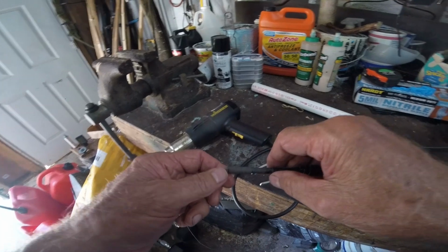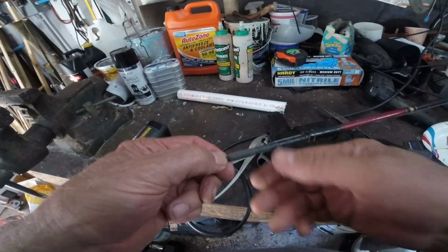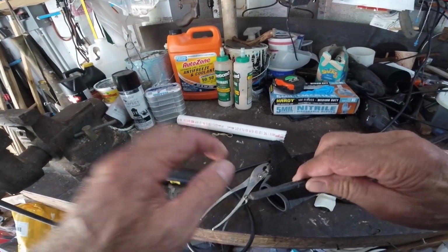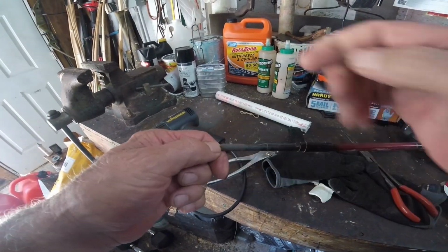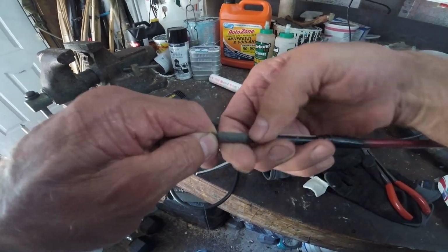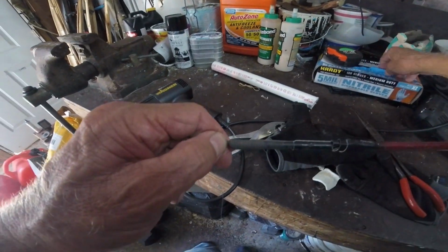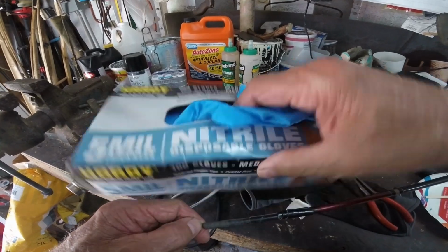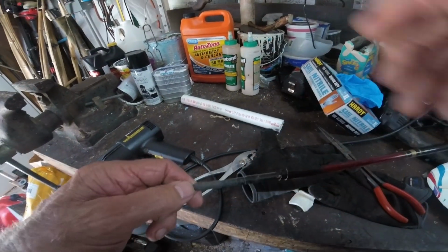Once you got it in, now you get you some string, go into Miss Daisy's sewing kit, grab some thread, smear a little JB Weld on here and start wrapping. You want to beef this tip up, make this strong. And then the final thing, once you think you got enough, put rubber gloves on. Get rubber gloves from Harbor Freight and just put it on there, smooth it out, let her sit for 24